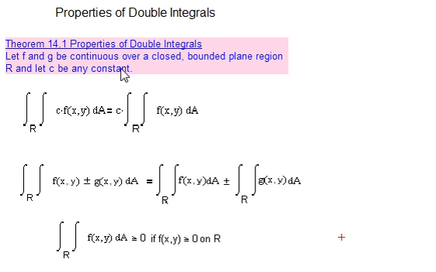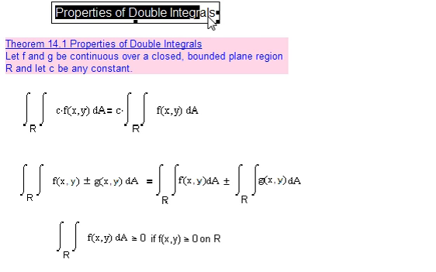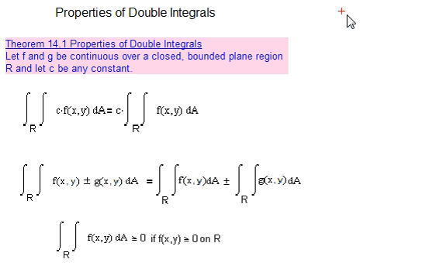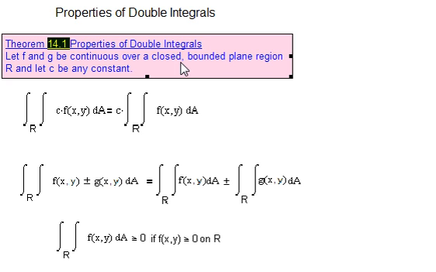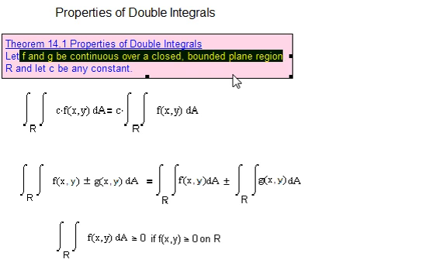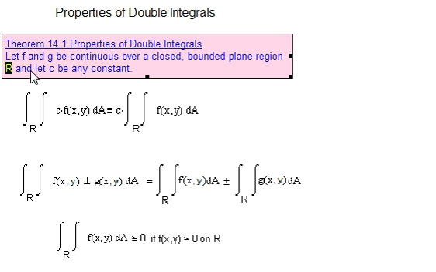Much like in Calculus 1, there are some properties of double integrals, and these really are properties of integrals of functions of one variable from Calculus 1. So Theorem 14.1, properties of double integrals. If f and g are continuous over a closed bounded plane region R, and c is any constant, then